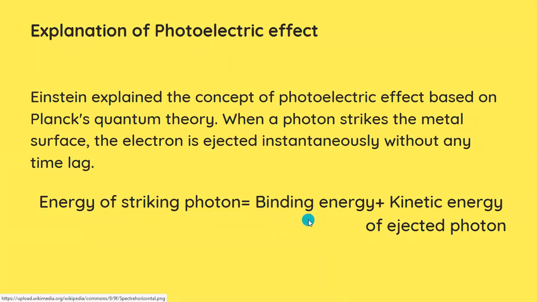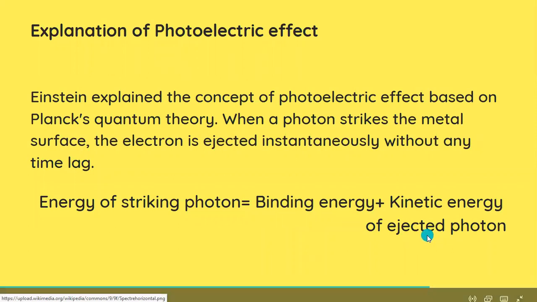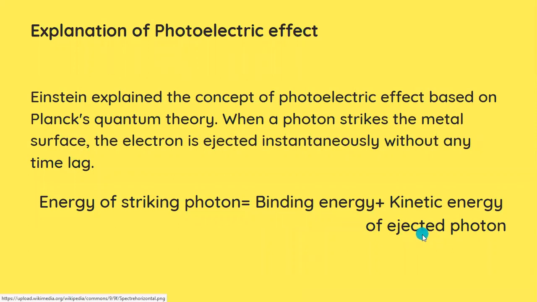Only because it is getting used up for this will the electrons get ejected in the first place. The remaining energy of the striking photon is getting used up for the kinetic energy of the ejected electron. And that is why the frequency is what dictates the kinetic energy of the electron and not